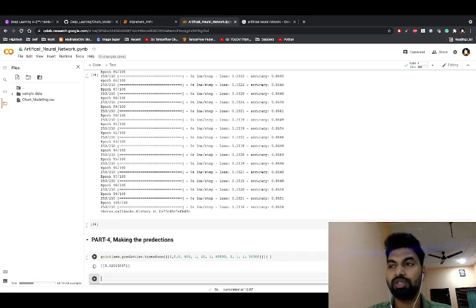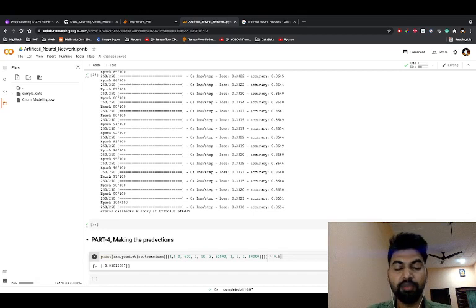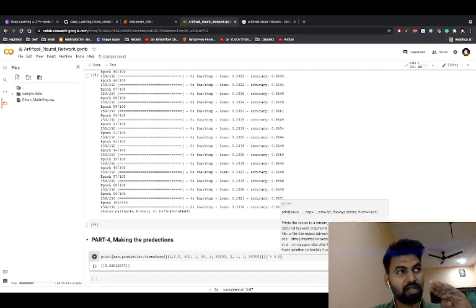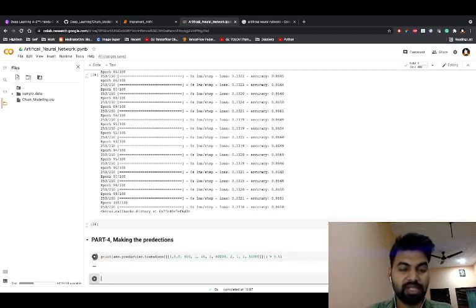So it's closer to 0. If I say greater than 0.5, I'm giving a threshold value. If this value is above that, that means that customer will leave, else it will remain the same. So we'll see what the output would be. It says false, that means it's 0. True means 1, false means 0.